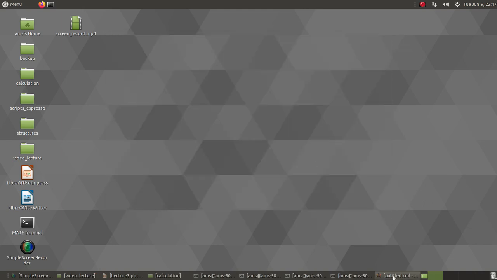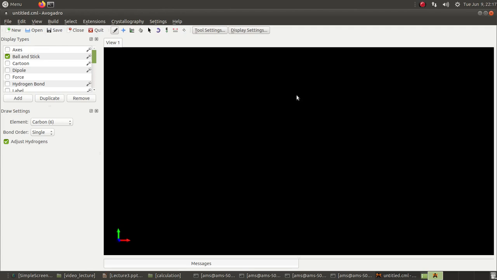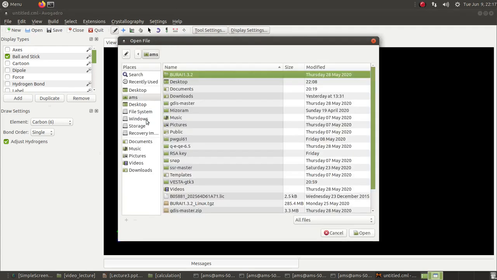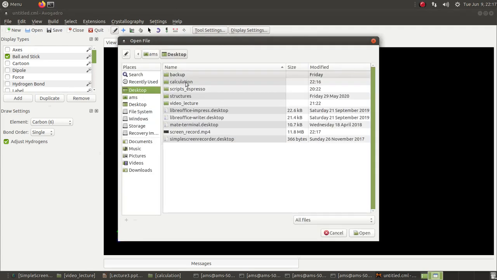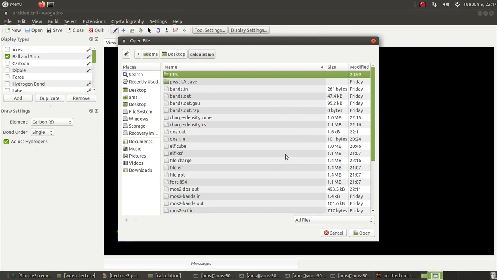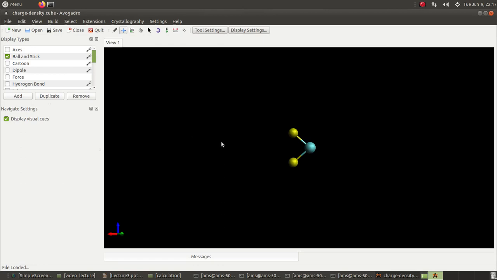and this is how the interface looks. So I just have to go to open, I go to desktop, calculation is the folder where I have all my results, and I will open the charge density. So this is a cube file, and now you can see that I only have in my window the output structure of the MoS2. So this is the MoS2 unit cell that is showing, but basically I need the isosurface